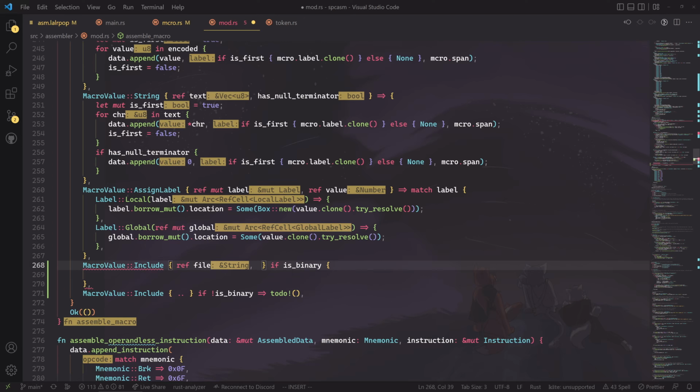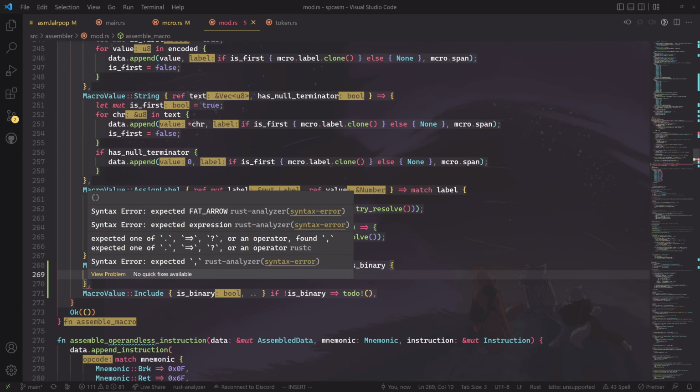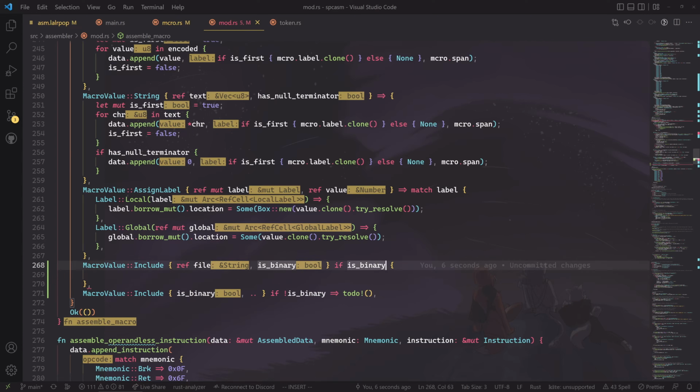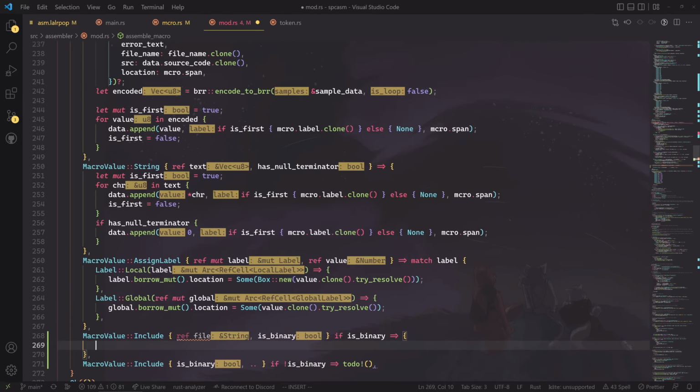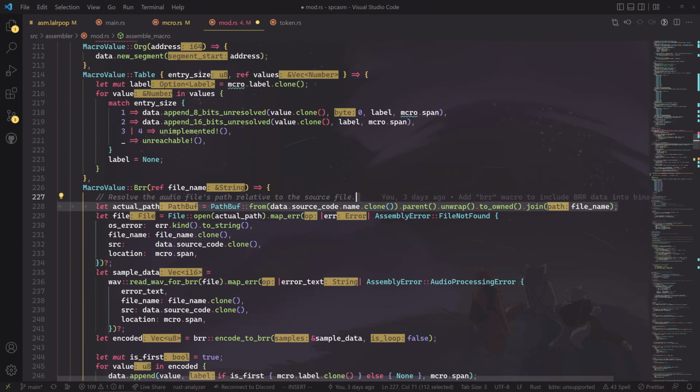So I can, oh no, I actually need to is binary. I can't dot out those all the time. What does it tell me? Oh, right. Getting the fat arrow. Yeah, so let us first do this exact thing, and I think I need to